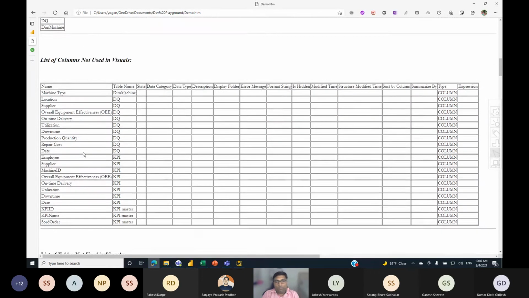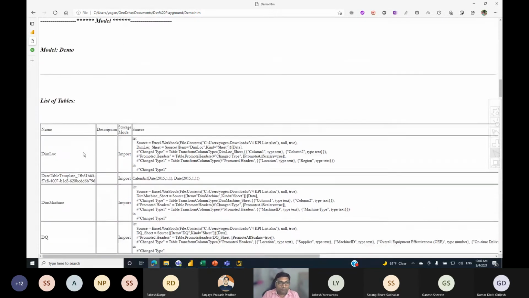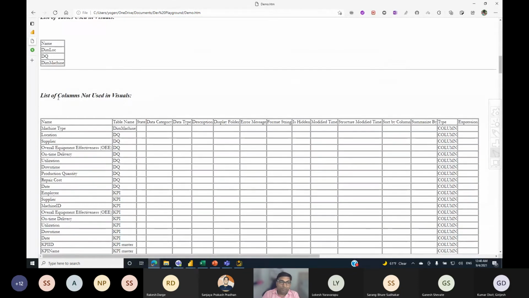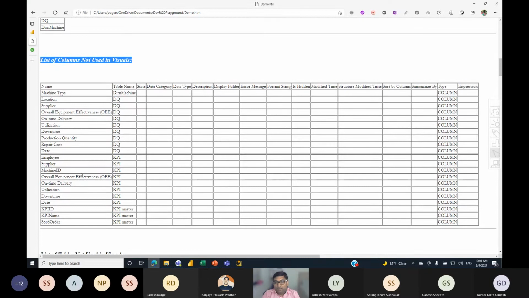So what do I have to do with this information? Before I go to the list of tables, you can say, okay, now what? If this is saying these are the columns not in use, I will say still go and cross verify. Is this particular column really used anywhere or not, directly or indirectly? But if it's not in use, I would suggest deleting it. My recommendation is to delete this column from your model.